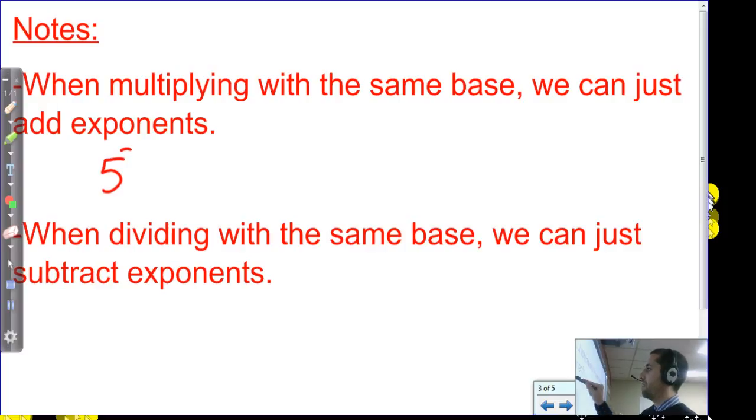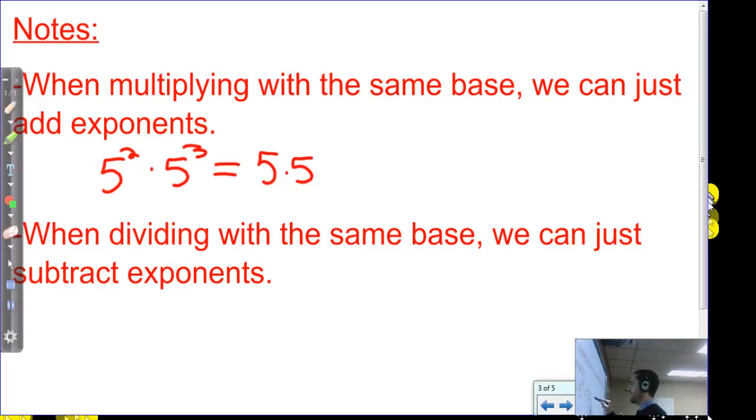So if you have 5 squared times 5 to the third, we would have 5 times 5, 5 squared, times 5 times 5 times 5, 3 more because it's 5 to the third. Now, that's fine to write it all out, but we could also see that this first base,